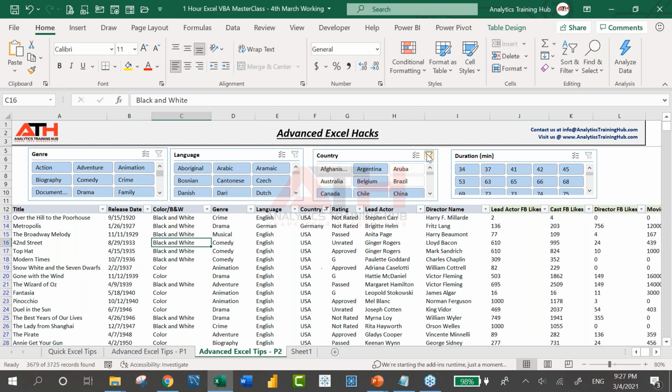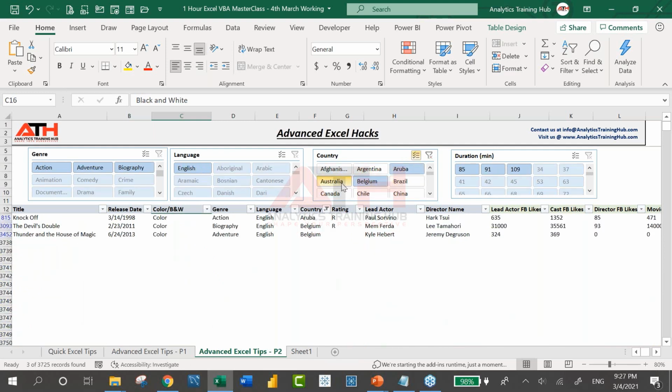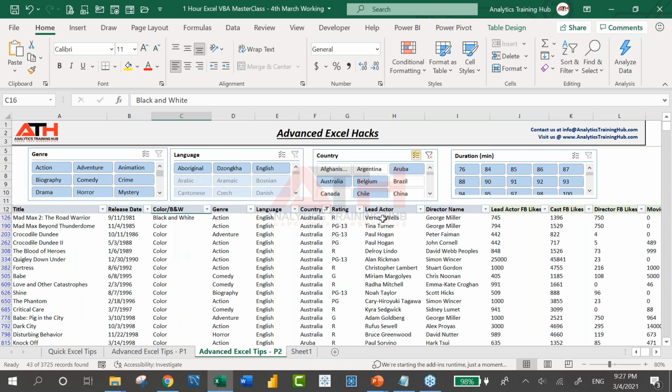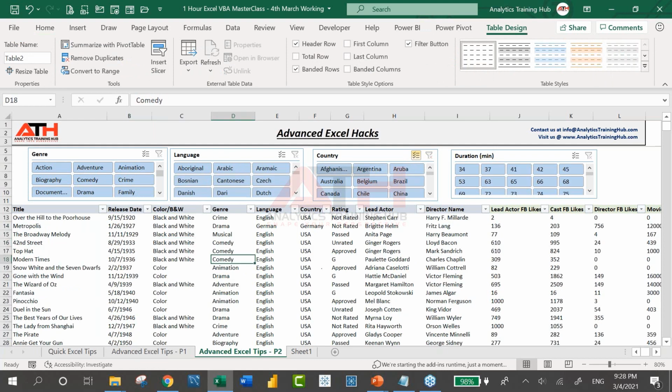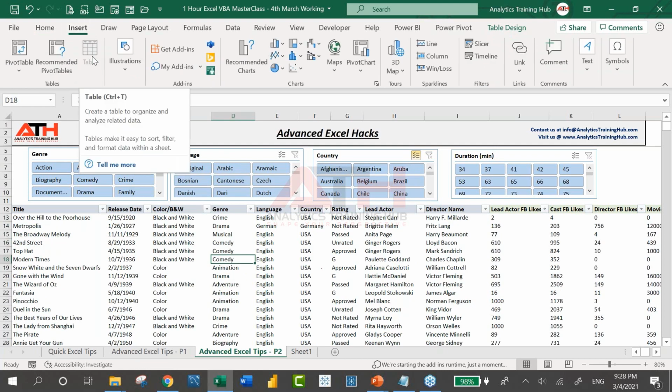Do you notice here when I select multiple, then I'm able to select multiple data. Yeah, it's very simple, Anu. I didn't do anything different here. What I did simply, I just came to the data, went to insert, clicked on the table.